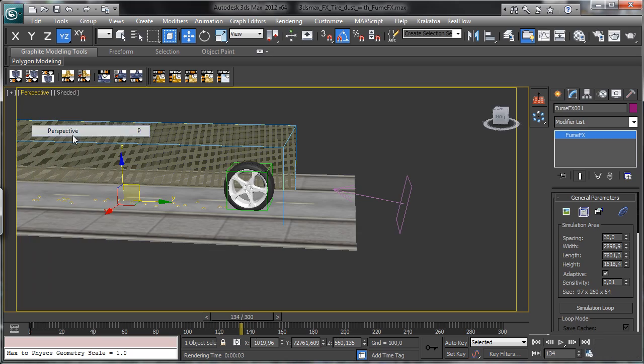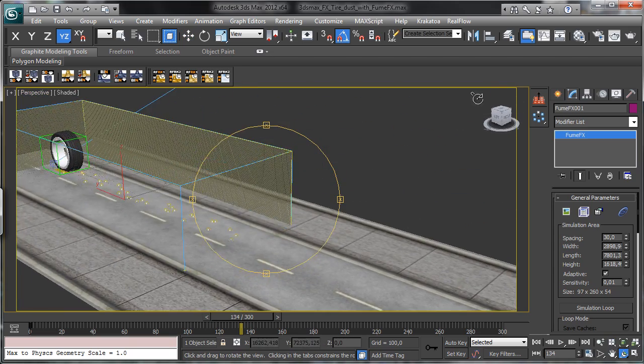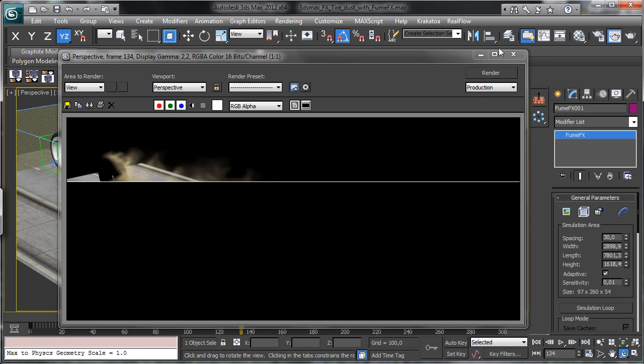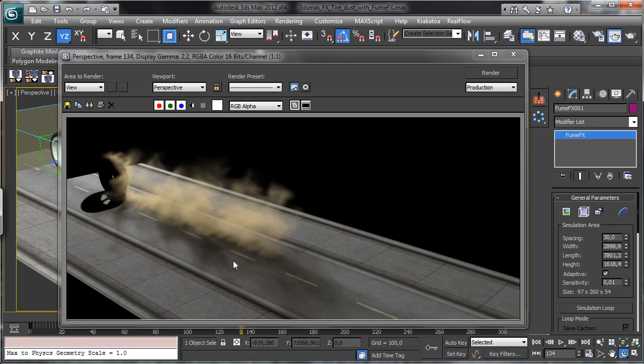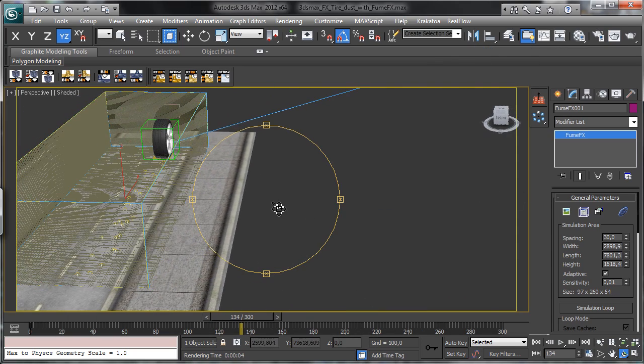Let's go, for example, in a perspective view, and let's see it from there. You see that we have the dust working in the right way, and we have to tune a lot of parameters actually,